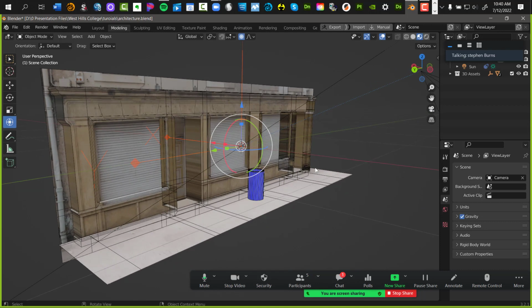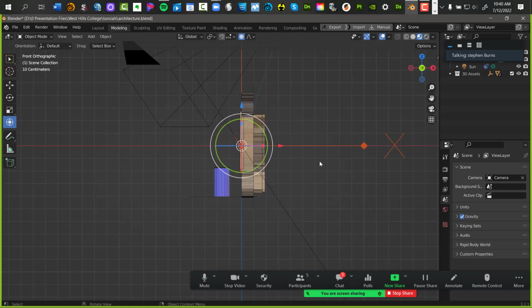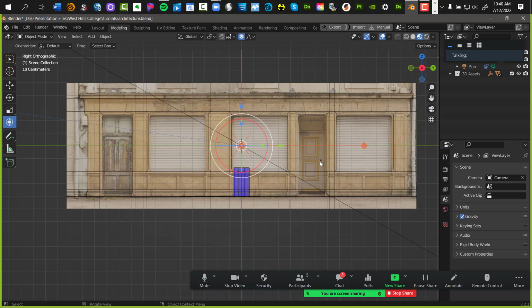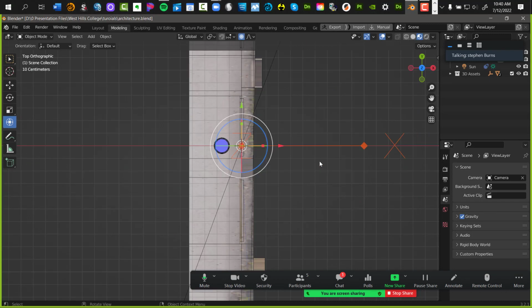If I only want to see it from the front view, on the numeric side of my keyboard, I'm going to hit the number 1. That's only that front view. So for you guys, hit the number 1 on your keyboard, and your cube will rotate, and then it'll stop at the front face. To see it from the side view, hit the number 3 key on the numeric side of the keyboard. To see it only from the top view, go number 7 key. So that's odd numbers, 1, 3, 7. Number 7 key allows you to view it on the top, right?